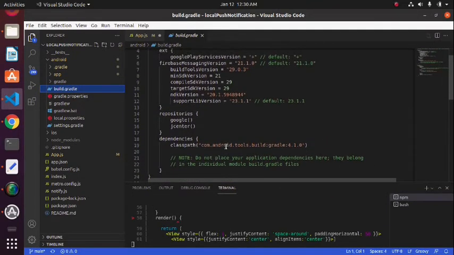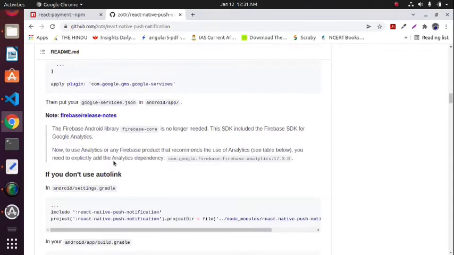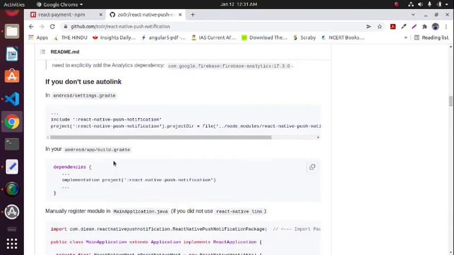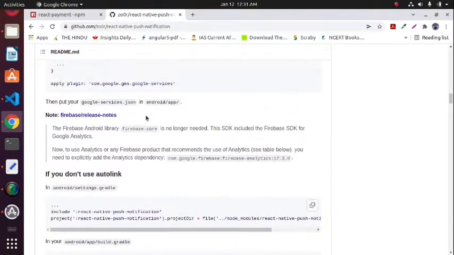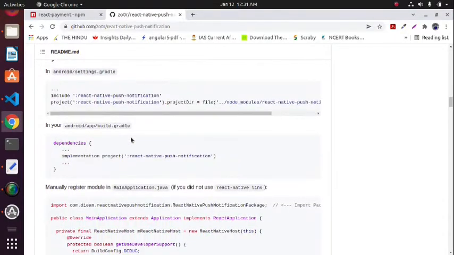We have to skip that part, that was for Firebase. The dependency that you have to add is in android, app and build.gradle. This thing you have to copy, the React Native push notification, and in your app level build.gradle, you have to add this in your dependencies.